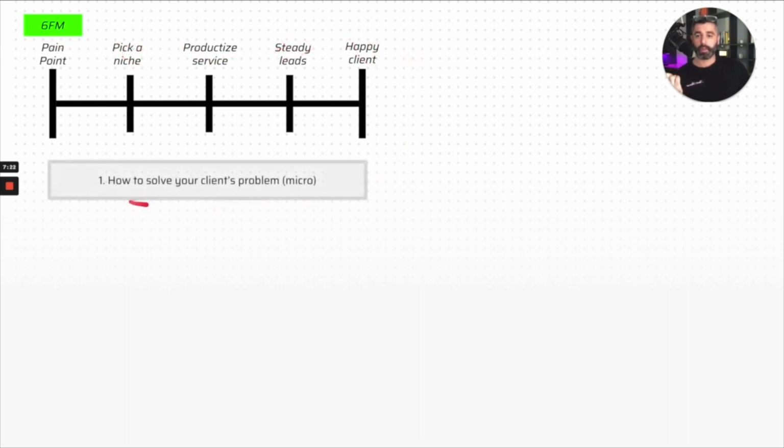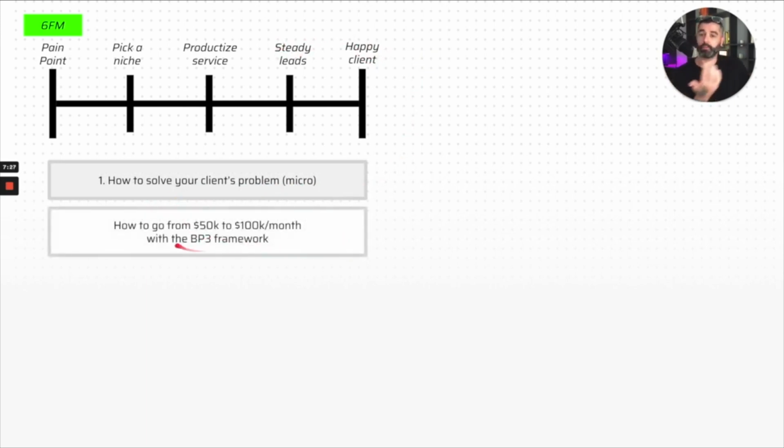So the first one here is going to be the micro conversion, how to solve your client's problems. Here's an idea. This is actually pretty much what we're running on the website, how to go from 50K to 100K per month with the BP3 framework, right? So we're actually running this on our website right now. You can check it out. It's our micro conversion. Essentially what we're doing is we're teaching our framework, but we're enticing people to opt in